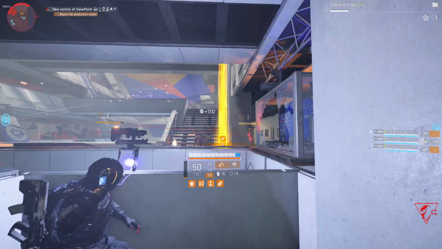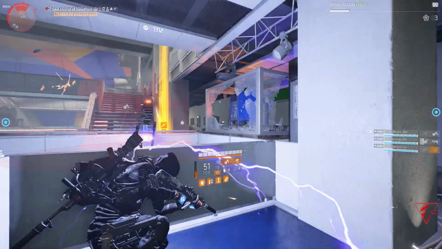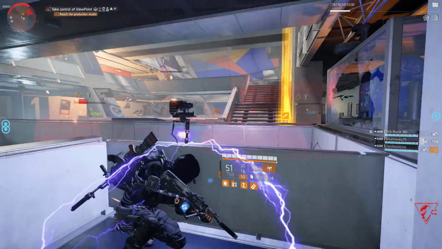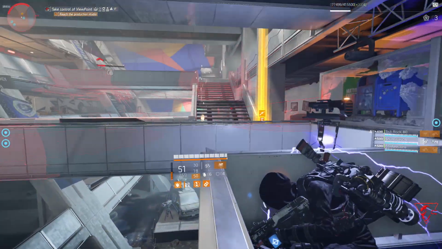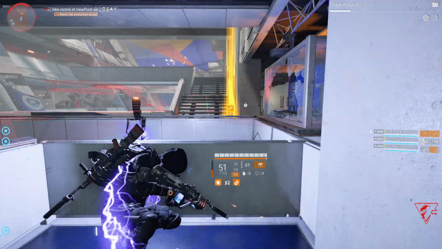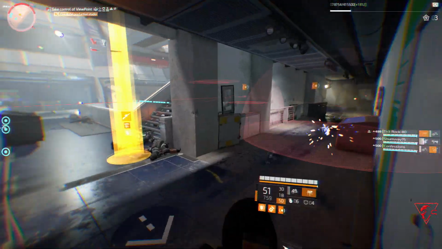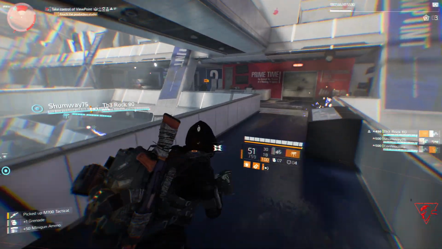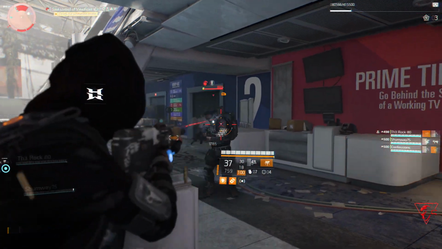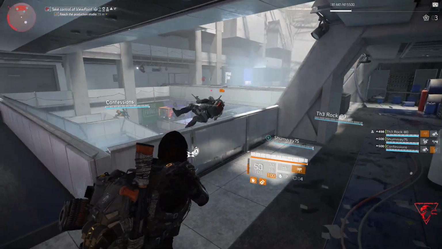And with these reworking talents already, apparently you'll only get your talents on your chest piece and backpack. And also they're removing damage to elites. So if you've got any gear with damage to elites on it, that will be retroactively changed to like a damage stat or something. So